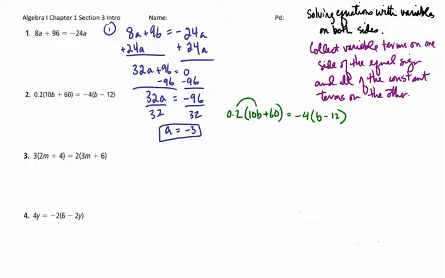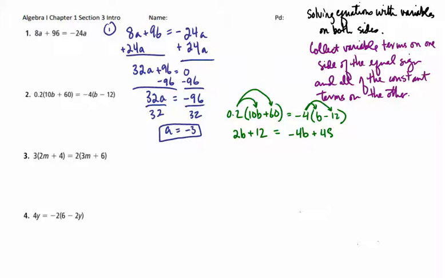So we're going to distribute 0.2 times 10b, giving us 2b, and 0.2 times 60 gives us 12. On the other side, we're going to distribute the negative 4 times b and negative 4 times negative 12, or